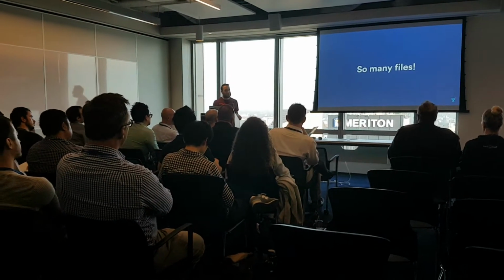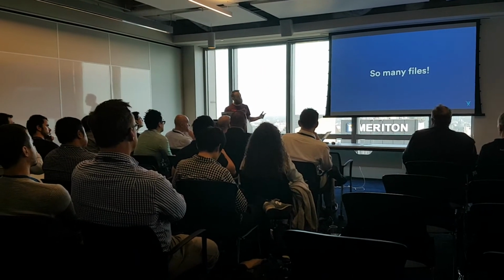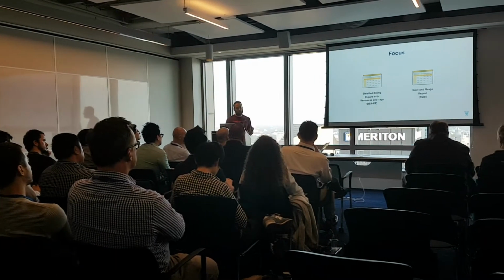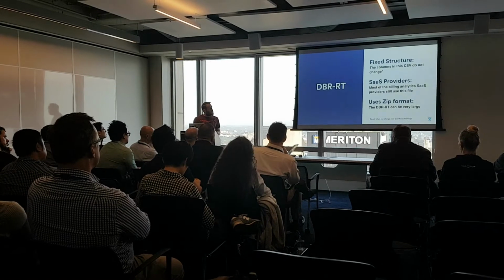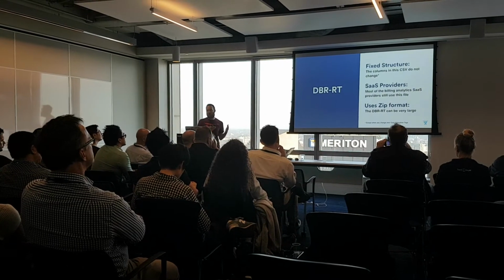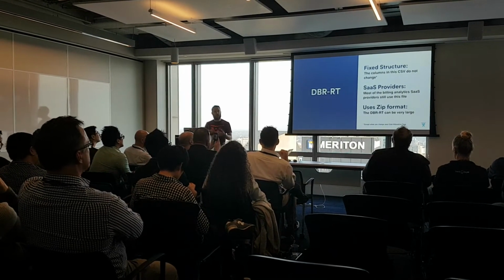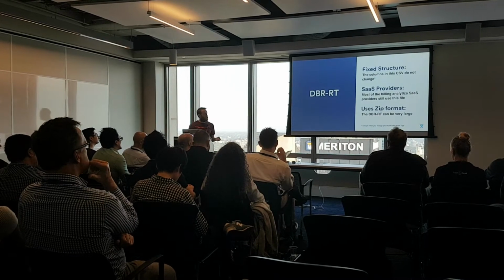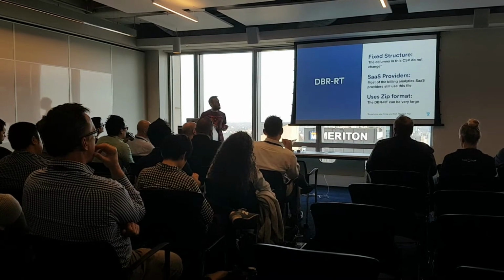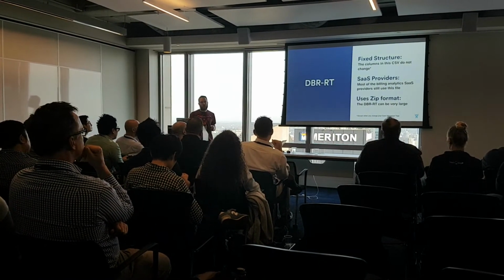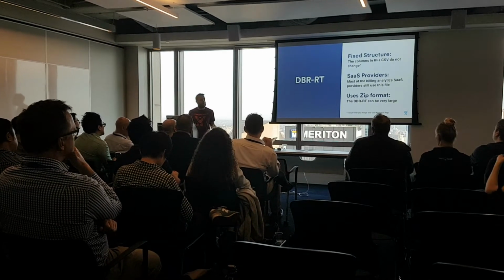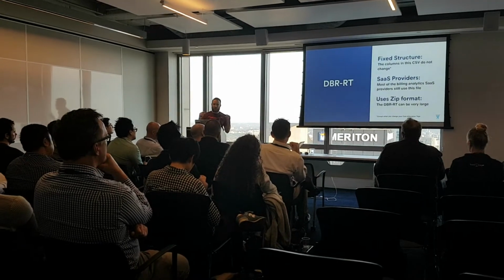So many files, right? Well, while we enable them, the two that really matter are the DBR-RT and then the CUR. So the DBR-RT, it's a fixed structure. The columns that it has inside of it are pretty much the same, consistently through time, with the nuance that your cost allocation tags are going to come and go if you're enabling and disabling them. But ultimately, the main structure of the file is consistent day in, day out. Most of your SaaS providers are using this file because it's been around for a long time. It does use one massive zipped up file